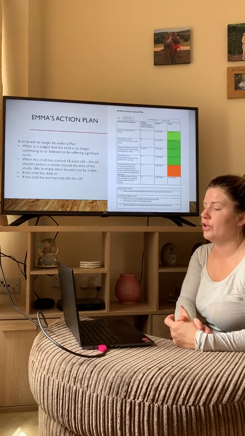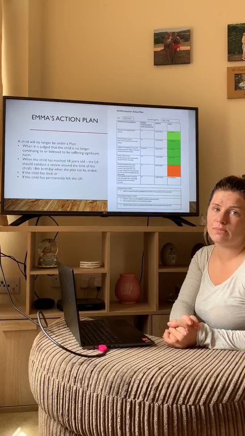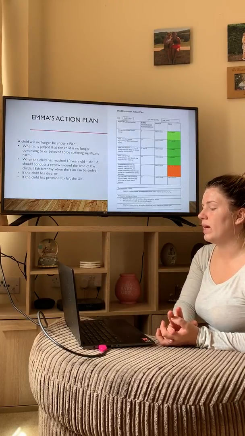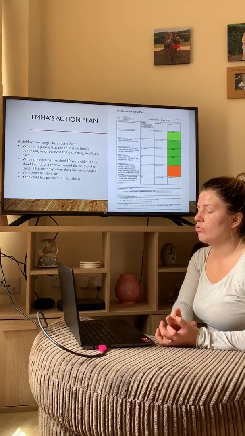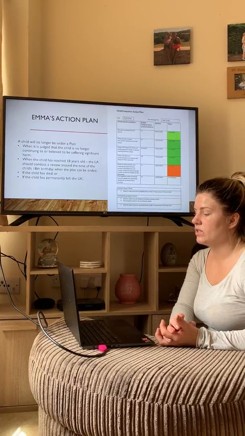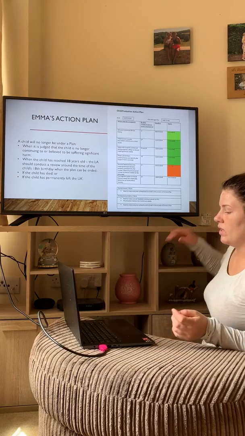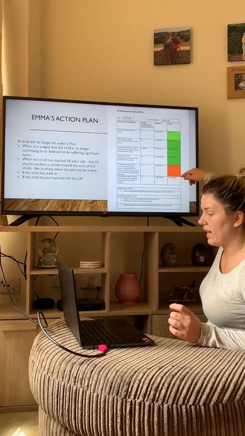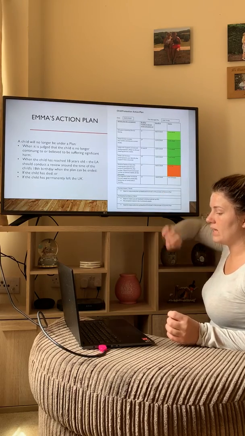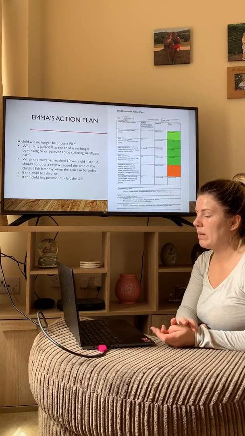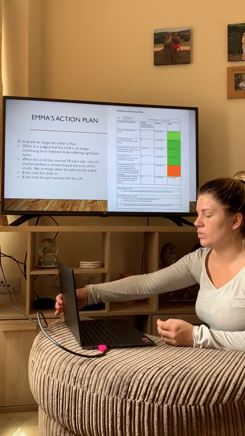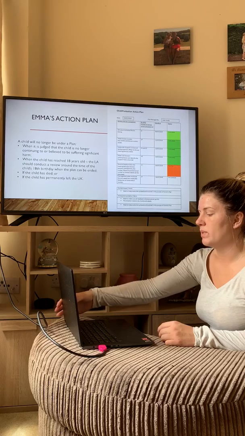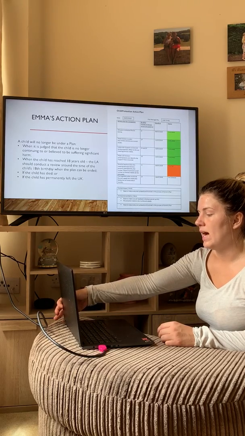Now moving on to my child protection action plan, which is related to the case study. My action plan is using the RAG style report relating to the case study. Green shading means that the action is completed, orange means that the action is pending, and red means that the action is overdue. As you can see in my report, I have 4 completed actions, 1 pending and none overdue. The reason the action plan was required for Emma was because Emma refused to eat at lunch and had diarrhoea,